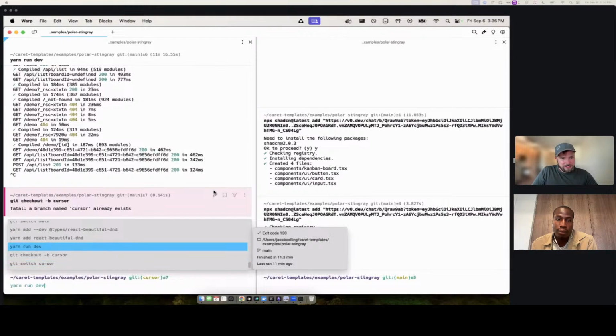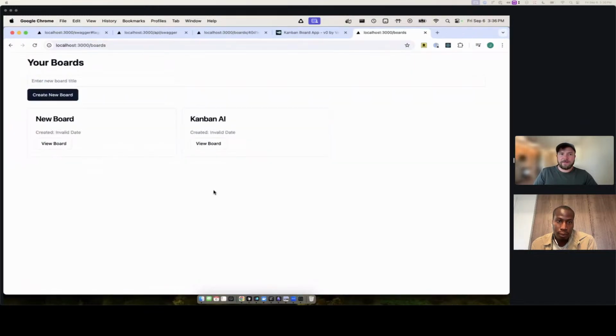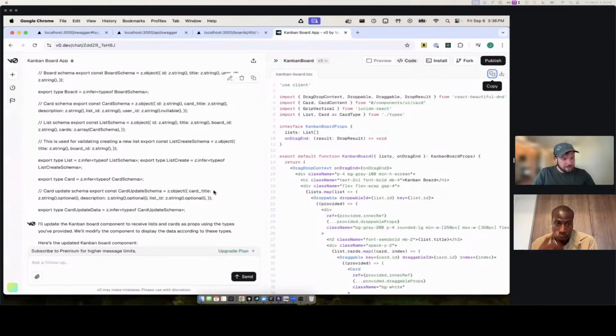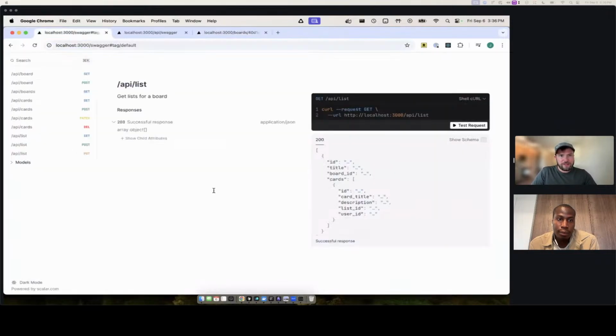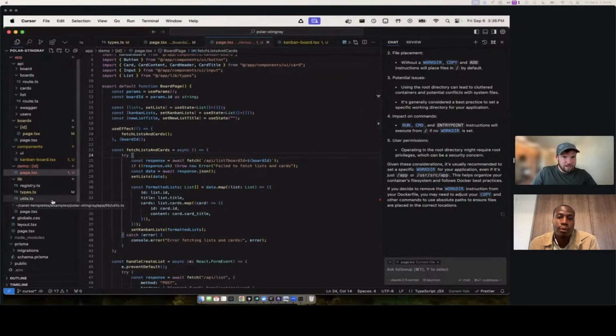Something that I really like and I think is valuable in this AI coding era is the more self-documenting your code is, the more context you can provide to the AI as you go. And so I think things like generating your API docs off of your schemas is very useful. So, a quick overview of how this workflow works.